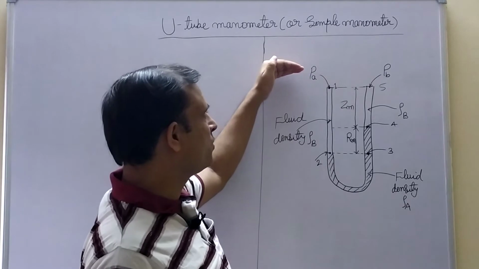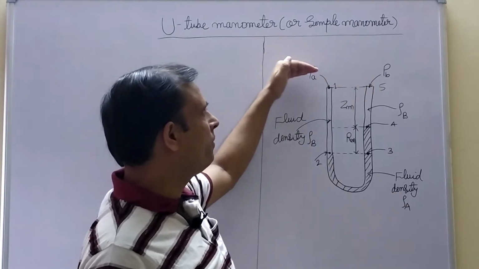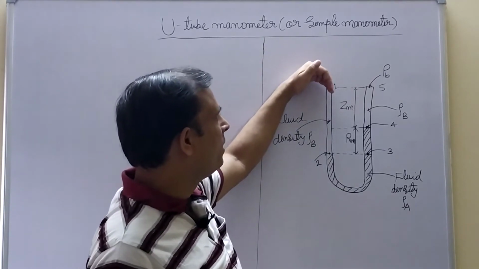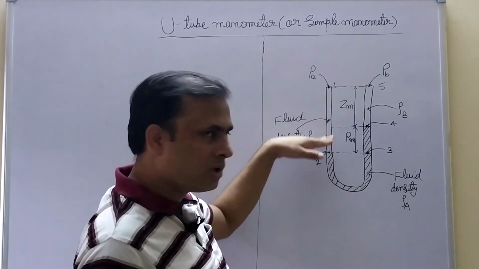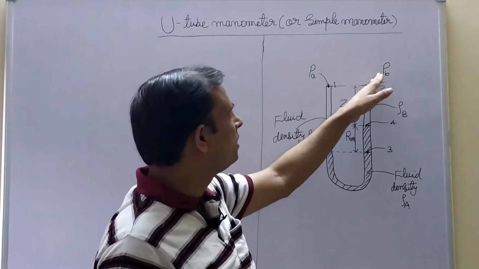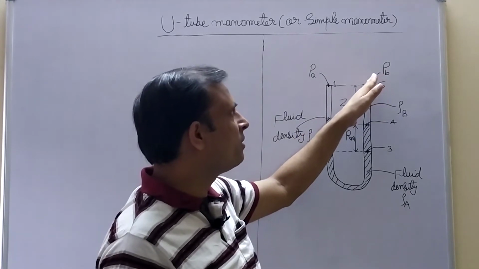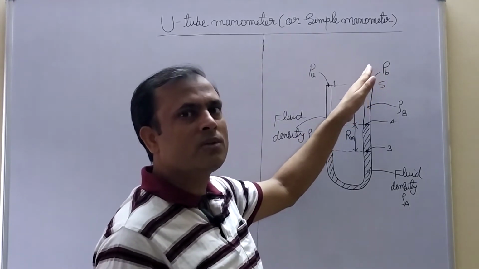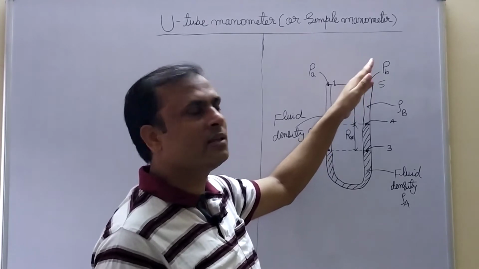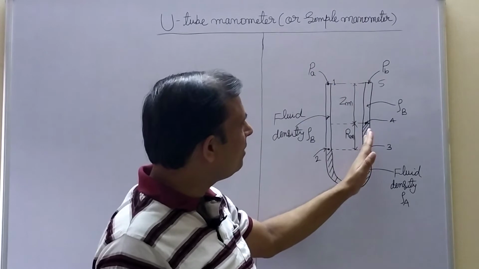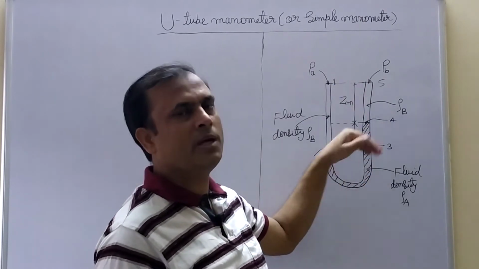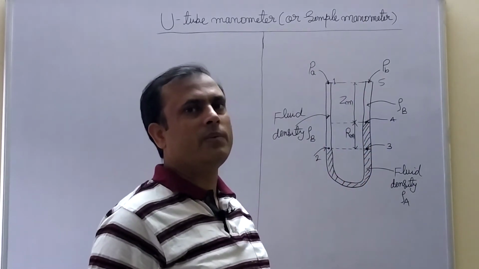Because the liquid which is flowing in a pipe will apply a force of pressure on this mercury level. So this mercury level goes down, and here the pressure will be less because it is connected with the venturimeter or orifice meter. The area of the venturimeter and orifice meter is less than the cross-sectional area of the pipe. So this level will go up, by applying the equation of continuity and Bernoulli's equation.